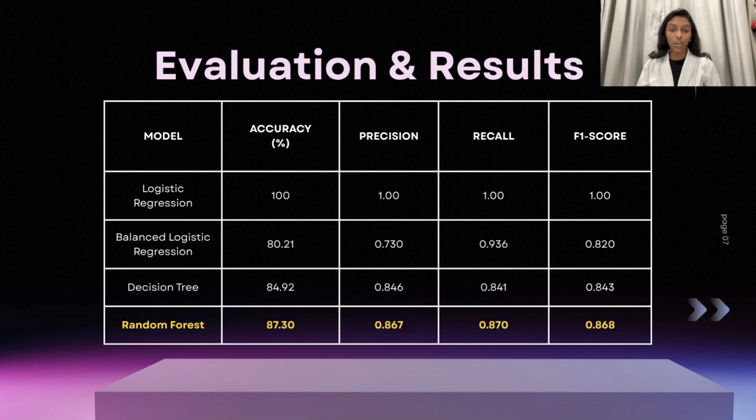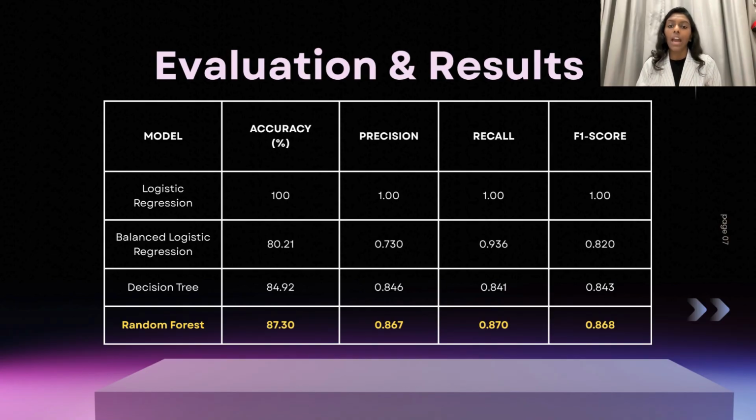Up next, to evaluate our models, we use different performance metrics depending on the type of data mining technique. For the classification models, we evaluated them using accuracy, precision, recall, and F1 score. These metrics measure how effectively each model detects fraudulent transactions, while balancing false positives and false negatives. Although the original logistic regression achieved perfect scores, it relied on highly correlated fraud indicators, making it less suitable for